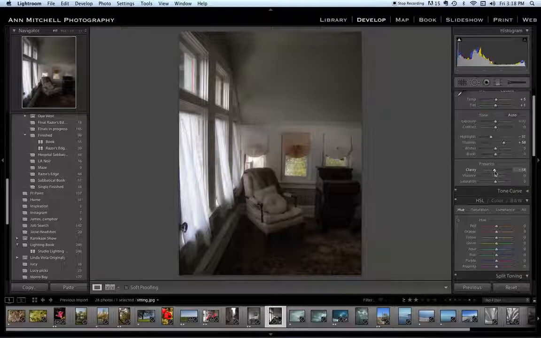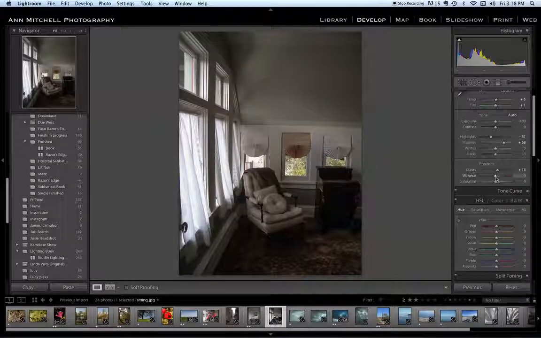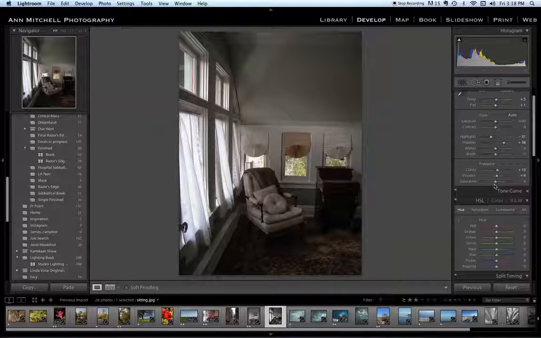That's where clarity is all the way down. That can look a little heavy. Vibrance is going to increase the saturation or the look of the colors, maybe around 10. I don't bring up the saturation. First of all, you don't need to oversaturate everything, and you are looking at the image in transmitted light, so it's got a lot of intensity, and if you oversaturate, you're going to lose image detail.